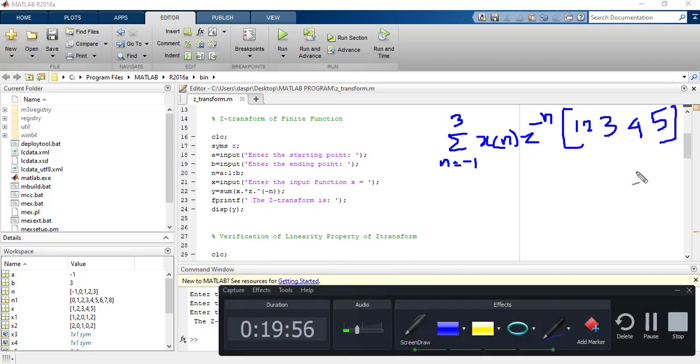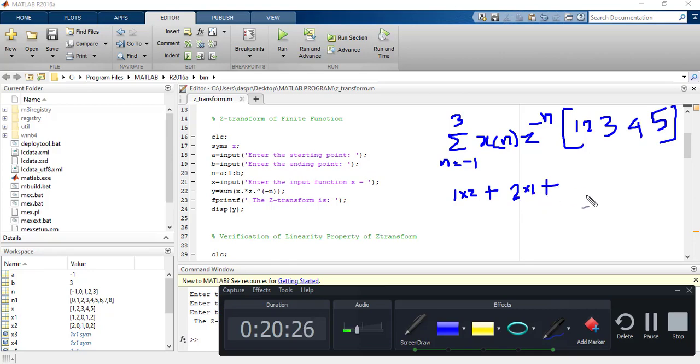Now if you want to perform Z transform, what is the procedure? That means when n is equal to minus 1, your amplitude is what? 1. Now if n is equal to minus 1, that means Z to the power minus of minus 1, that means Z to the power 1, that means 1 into Z. Plus, then n is equal to 0. What is the amplitude? 2. So 2 into Z to the power 0 means 1, that means 2 into 1.